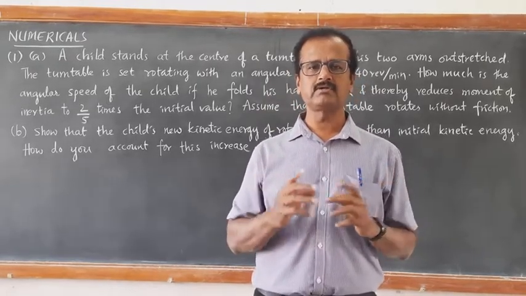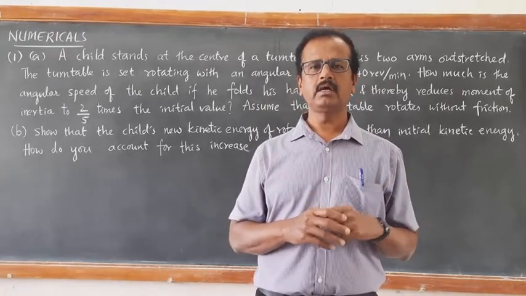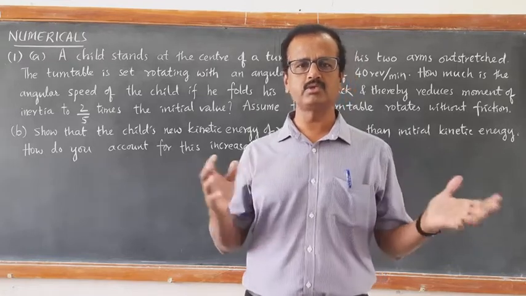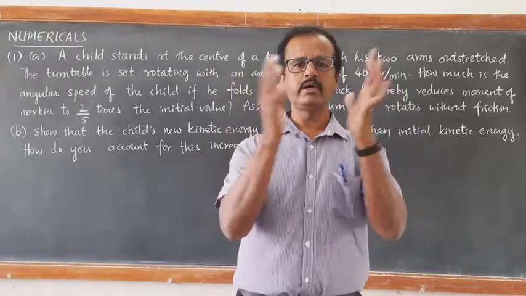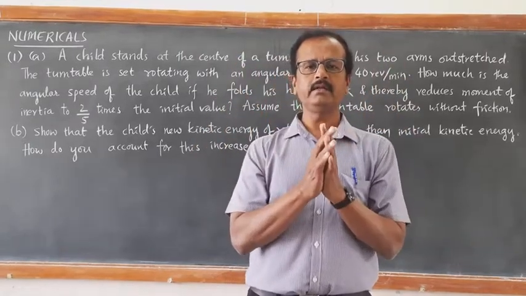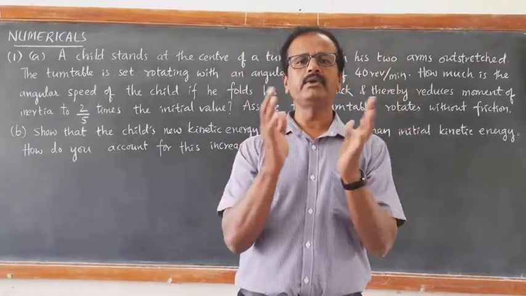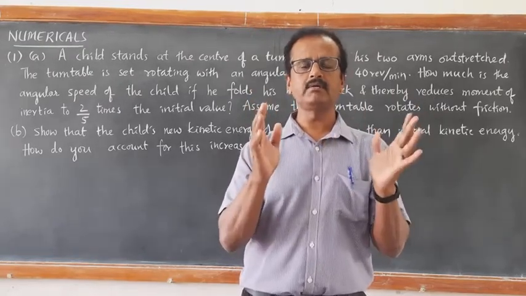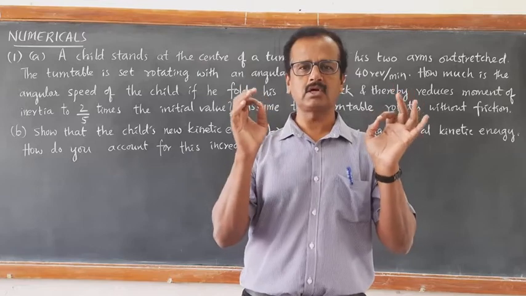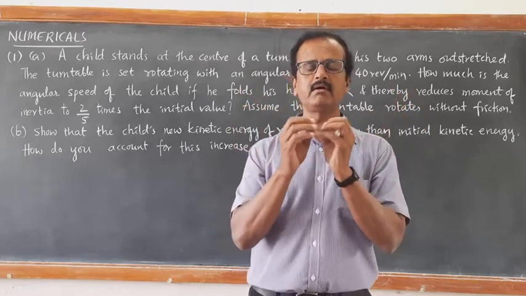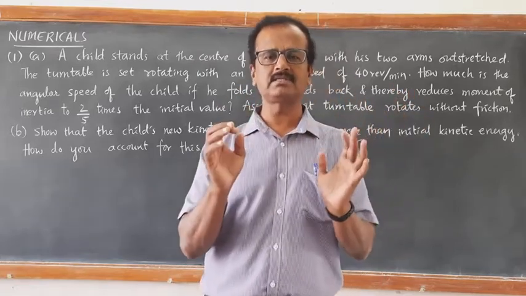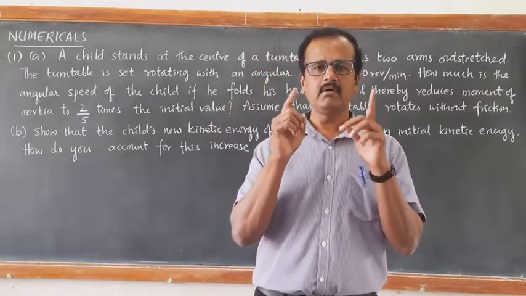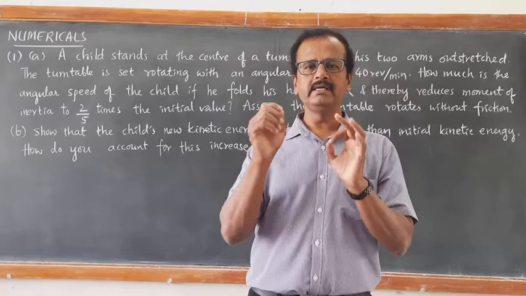When the external torque acting on a rotating body is zero, if there is no external torque acting on the rotating body, then the body continues to rotate with constant angular momentum. The angular momentum of the body remains conserved. Angular momentum remaining conserved means the L vector, the angular momentum of the rotating body, is constant.